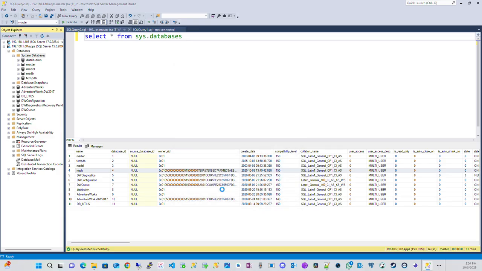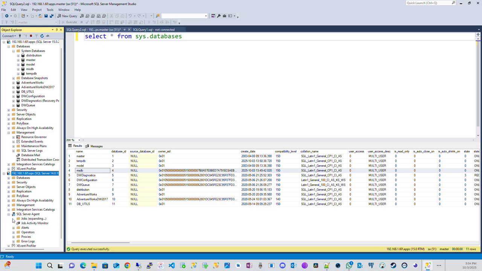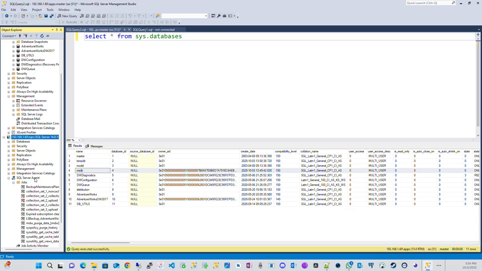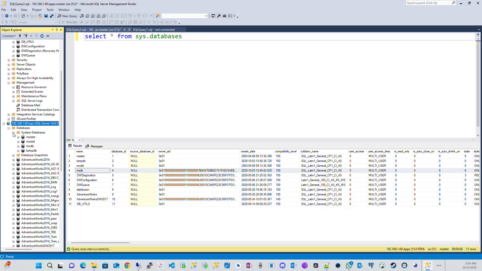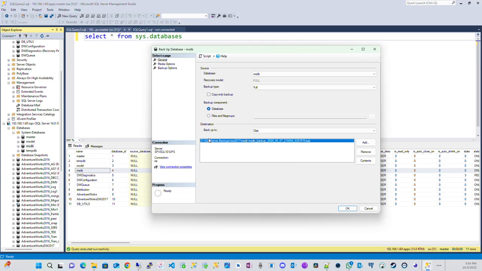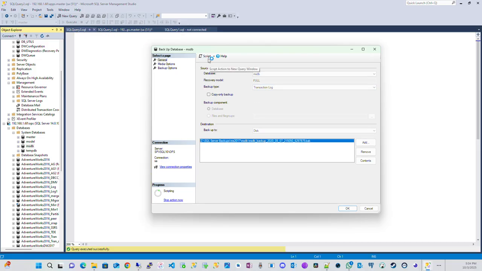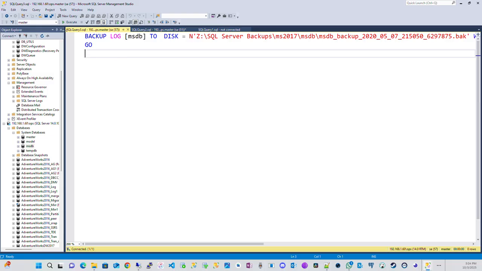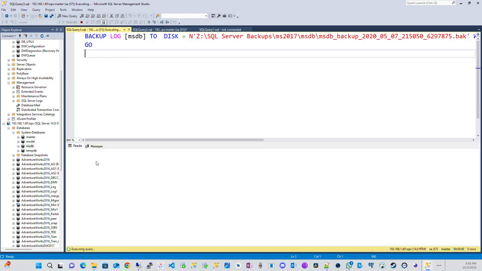So in this environment, most likely the reason why the log file is actually full to capacity is because I don't have a job that is constantly doing backups on that database. So if I come over here and I'm just going to back it up, that's going to be the first way to actually try to fix it. So we'll have to first back this up,